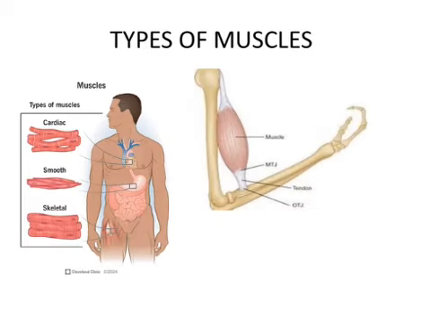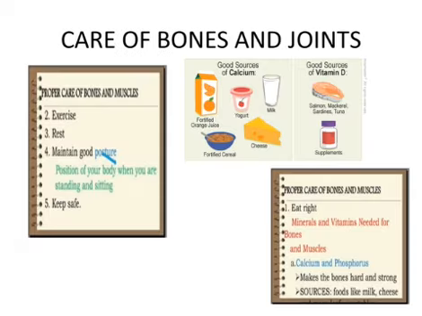Types of muscles. We should remember there are mainly three types of muscles: cardiac muscle, smooth muscle, and skeletal muscle. This is an example of skeletal muscle. This I was talking about, the tendon. This is the tendon. These are the muscles. This is the skeletal muscle. All these, from top to bottom, that is from skull to toe, are skeletal muscles. The smooth muscles are present inside our organs. Cardiac muscle is in the heart, and skeletal muscle we need for movements.